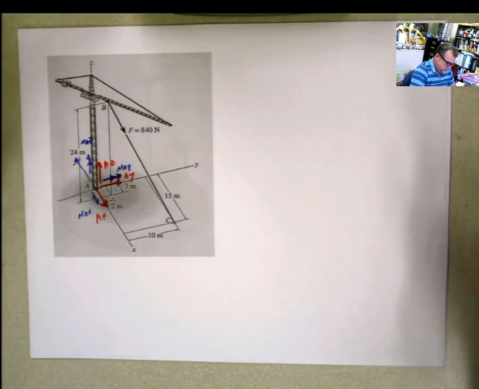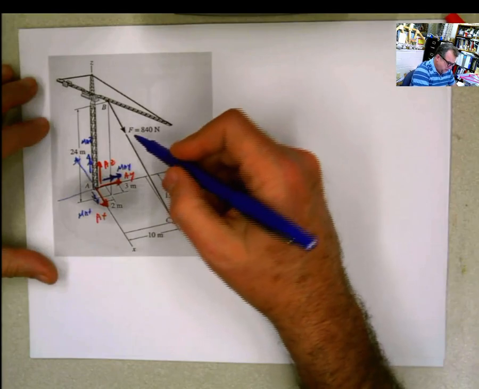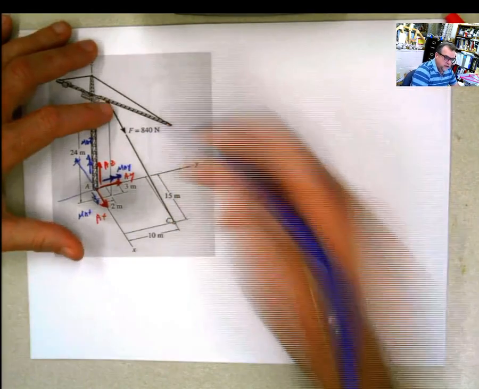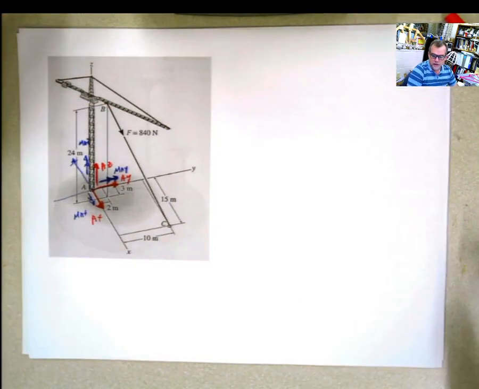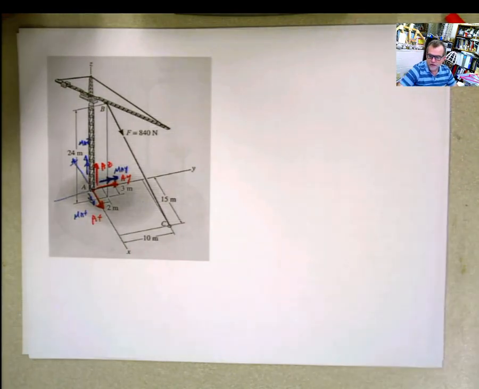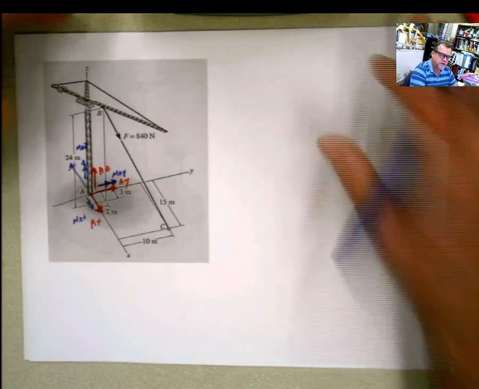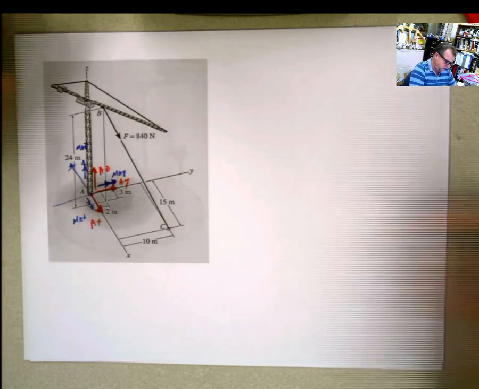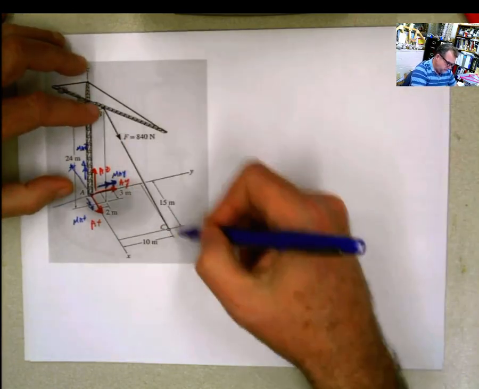Okay, what do we do? Well, summation of forces in X and summation of forces in Y. I have this force, and I have to convert it into Cartesian in the same way that we did before. So the first thing is convert that into Cartesian notation. How do you convert the force into Cartesian notation? Unit vector, position vector divided by its magnitude, and that's basically it. So I need the position vector BC,